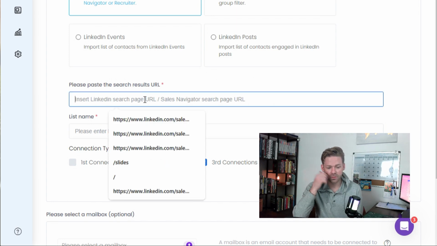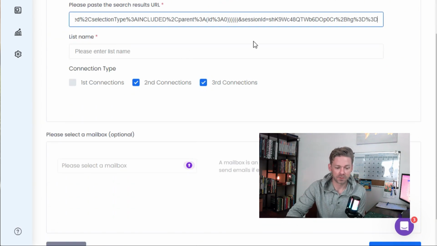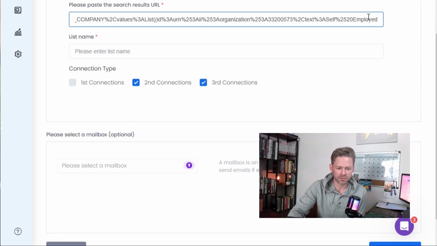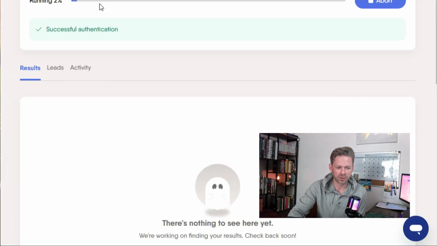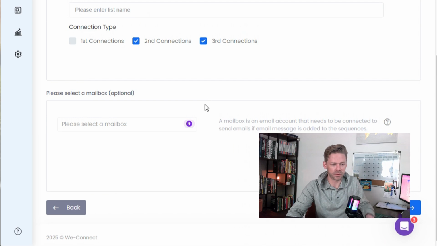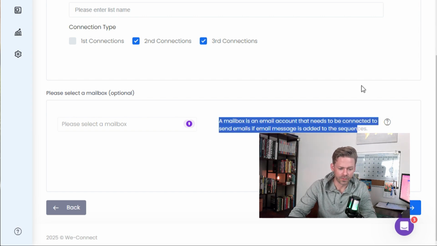But if you're not savvy enough, or sorry, savvy is not the right word because we're all savvy here. But when I paste those results in, what I really need is the PhantomBuster result to process in order for me to put in the list, because you can actually upload the list. In this case, when you're looking for a list from a search result, this is what you can do. And when you push continue down here, you'll see that,